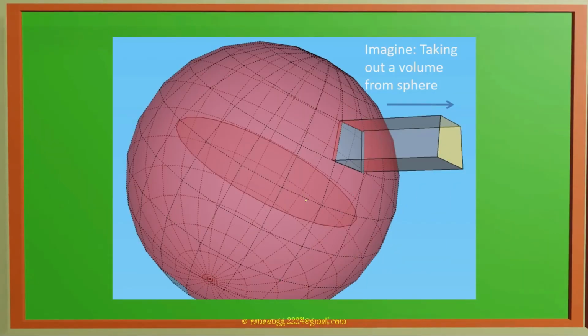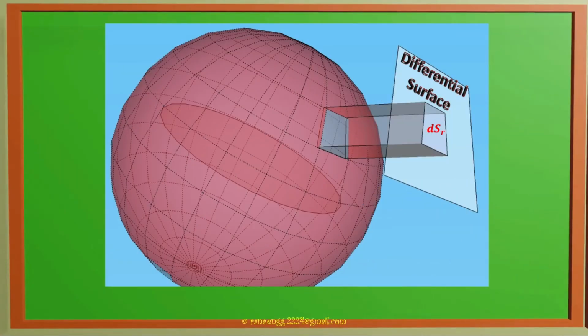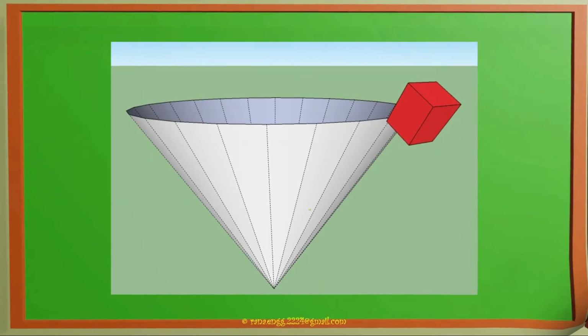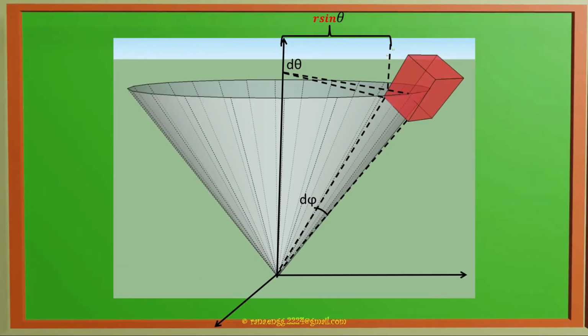So let us see how we get that. While imagining the differential volume, we have to pull out a small area from our sphere, like from watermelon. If we take out a small portion, how will it look like? So we have to imagine some shape like that. Here it is shown as straight lines, but actually it will have a curved path. So this shape will be curved like this, a bite of mouse. So for this, there will be calculation of volume.